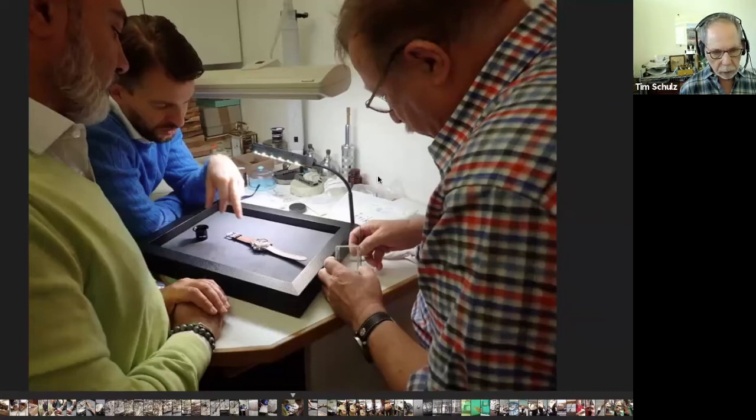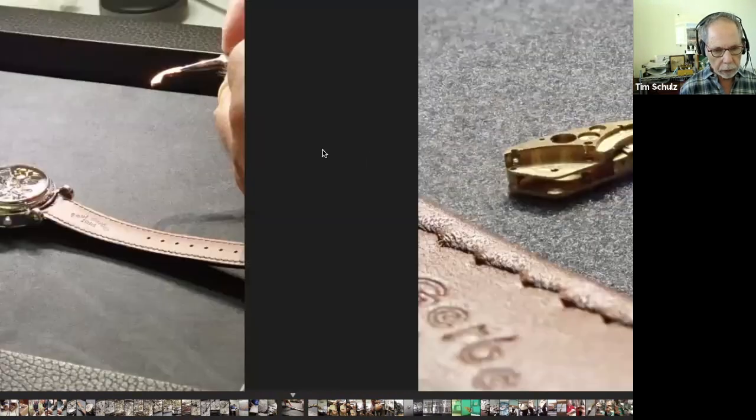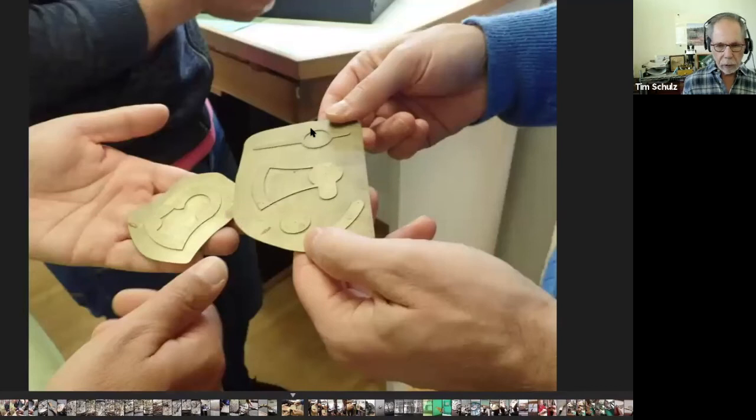And so here, Sebastian is asking Paul about various things. He's asking about the power reserve indication. So here's a prototype bridge that Paul was showing. In the early days, when he first did the tourbillon, he didn't have a CAD system. So how he made his small parts is he used an engraving pantograph. He made these large models of the small pieces he wanted, and then he used this engraving pantograph to start cutting the steel out,